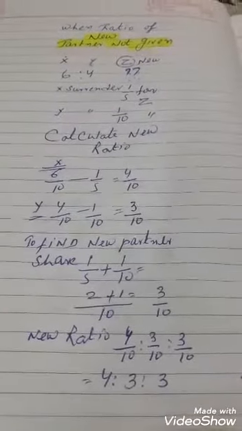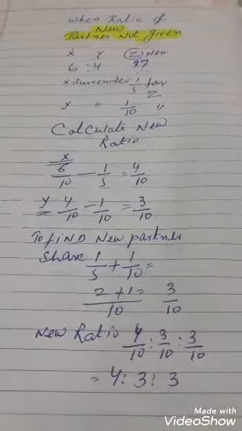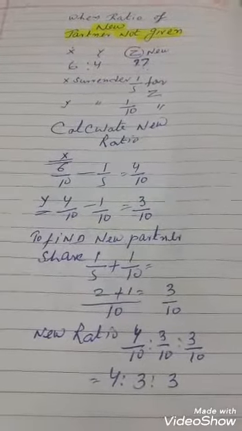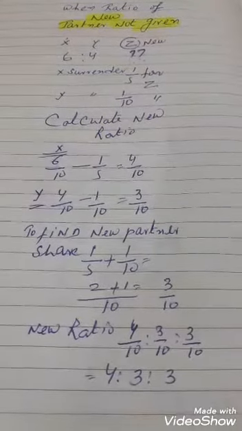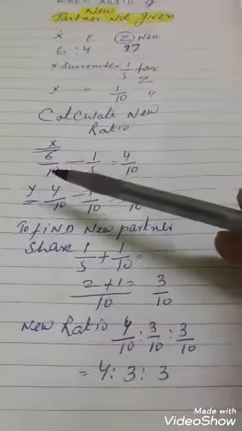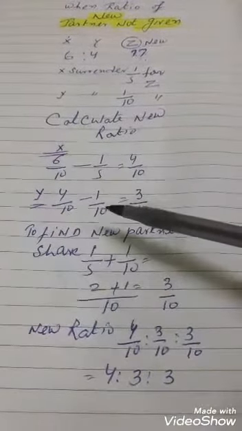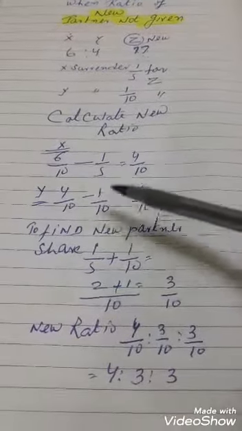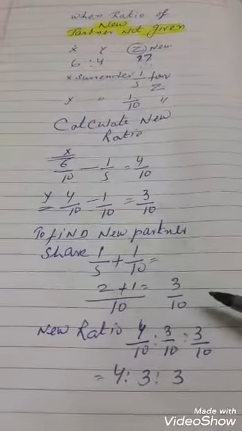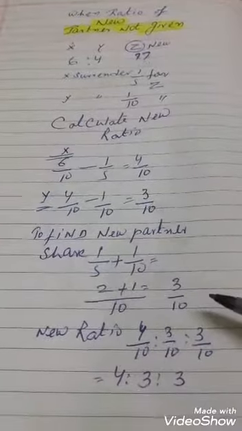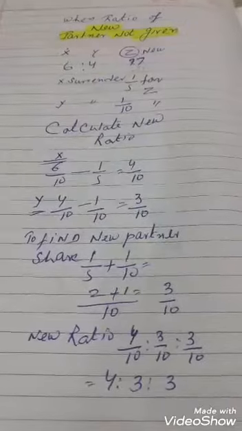So sometimes the question does not give the share of the new partner. So you have to calculate the new partner's share by finding out how much is sacrificed by the old partners. Directly deduct the share surrendered from the old partners' shares. The total of the surrendered amount is equal to the new partner's share. So this is the last method for calculation of the new profit sharing ratio when the ratio of the new partner is not given.